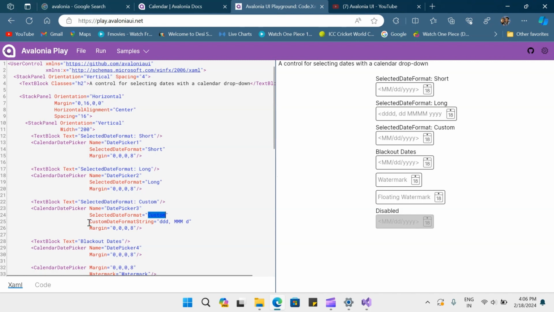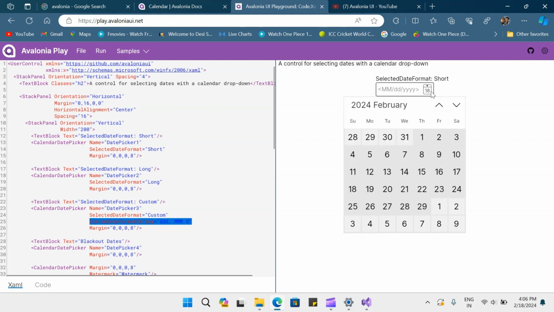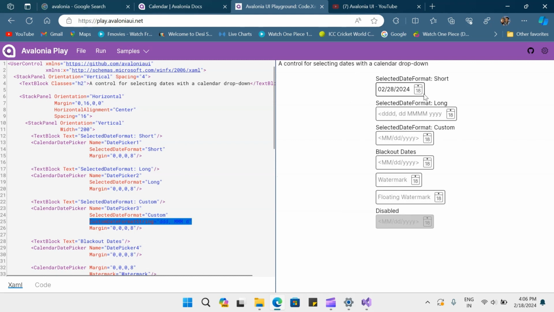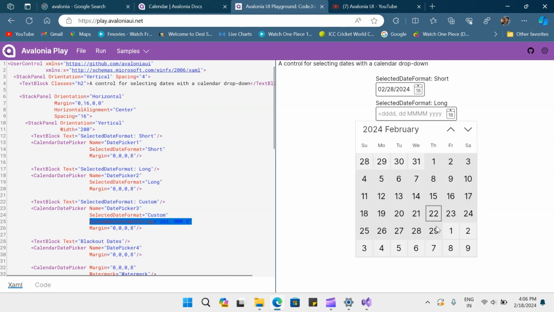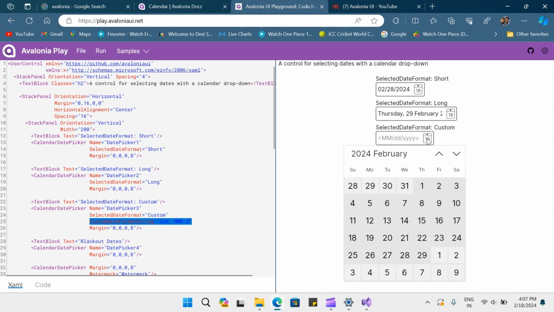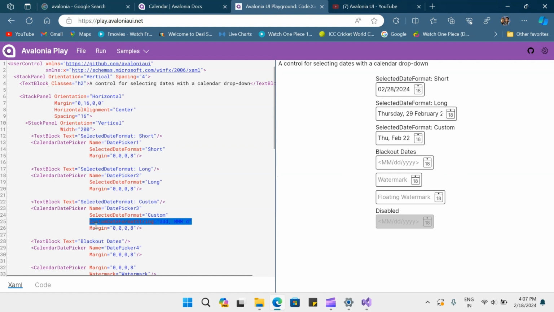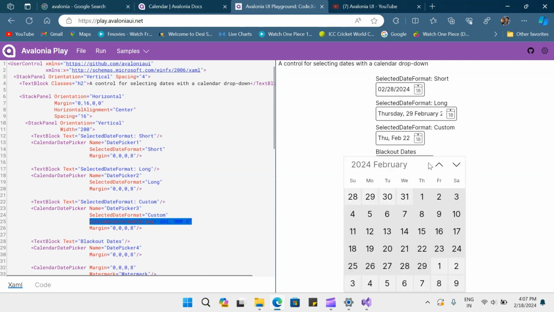If it is a custom date format, you have to provide the format string in the properties. You can see it displays the format that you want as placeholder text, and it has a nice looking icon, and when you select the date, it snaps into place. Here you can see a different format. We have a custom format that is set here in the custom date format property, and then you have blackout dates,